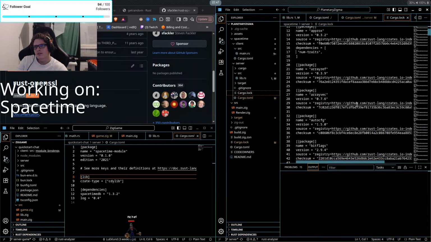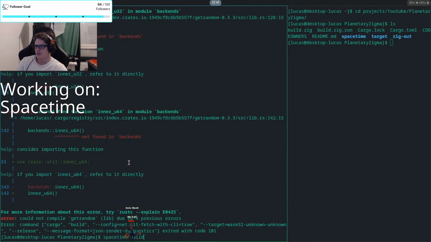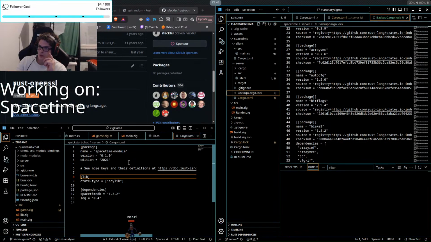Unless this lock is something, should I just back up? I don't know how these things work, but I'm just gonna do that and see what it does. Still, why?